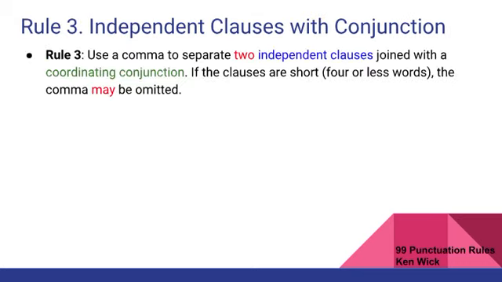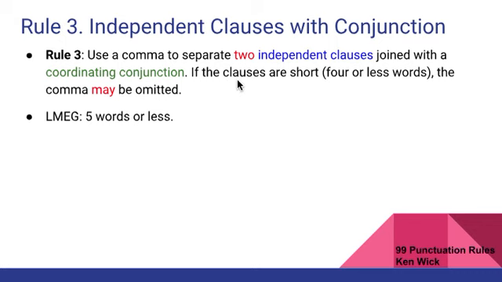So rule number 3. Use a comma to separate two independent clauses joined with a coordinating conjunction. If the clauses are short, 4 or less words, the comma may be omitted. So,